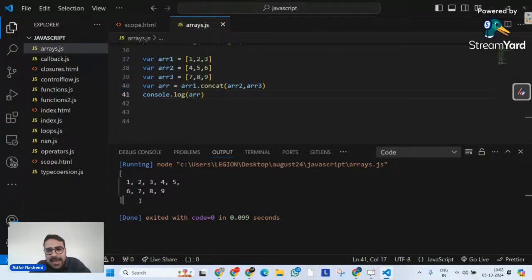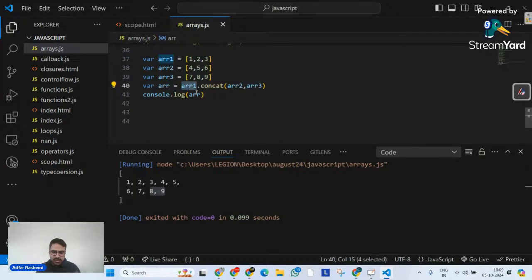Now, one very important point here: the order you mention over here will be the same order in which concatenation will happen. Maybe you do not want this order. You want ARR2 first, then ARR3, then ARR1.